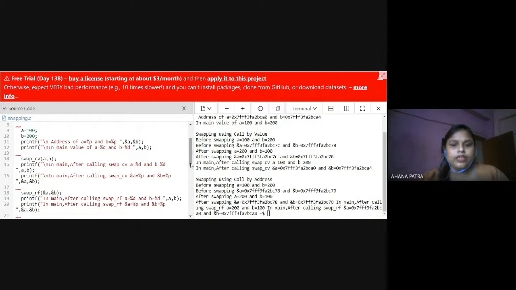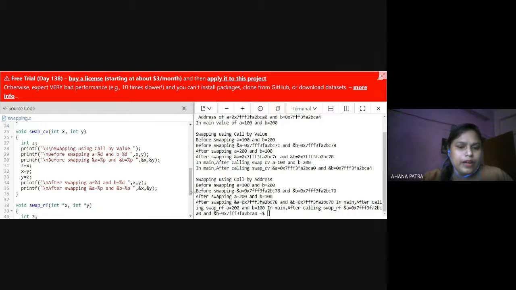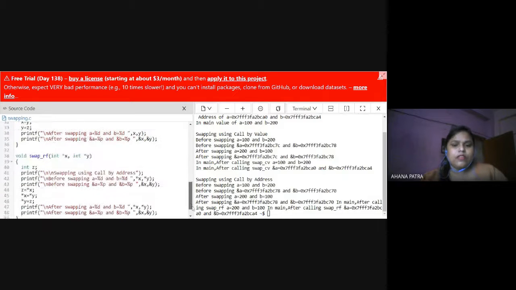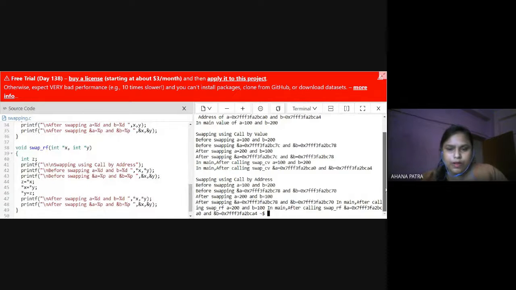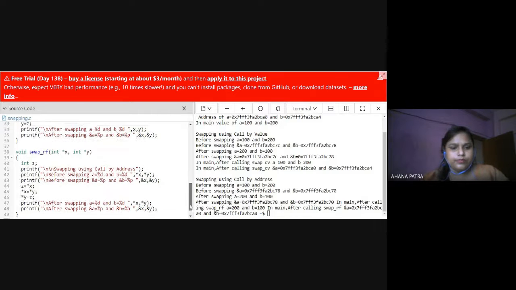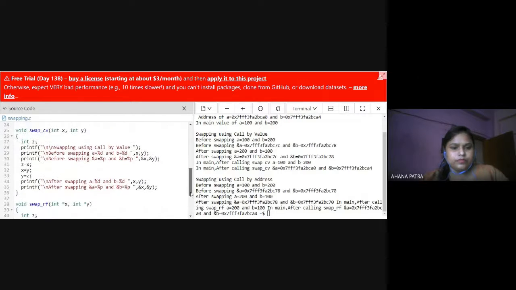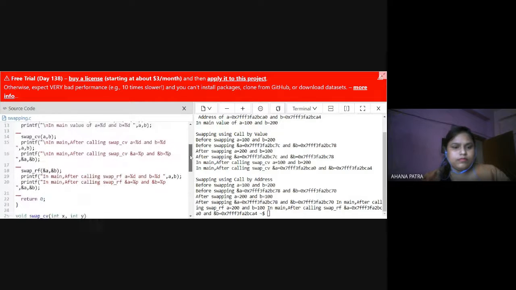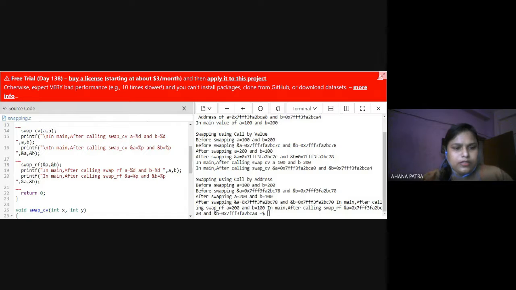But when we call the swap RF function, we can see that after swapping a equals 200, b equals 100, and if we come back to the main function, in main after calling swap we can see that a is 200 and b is 100.